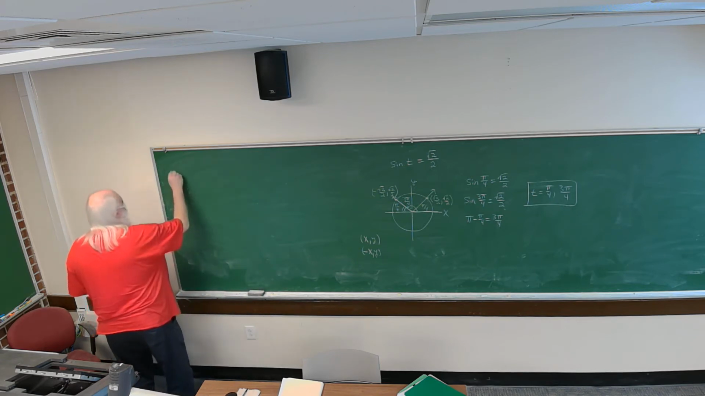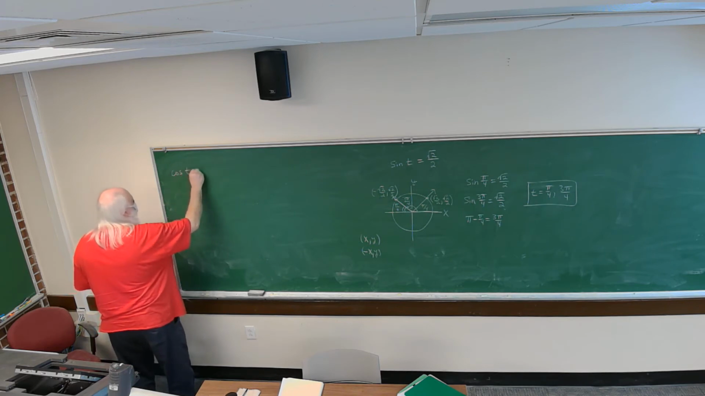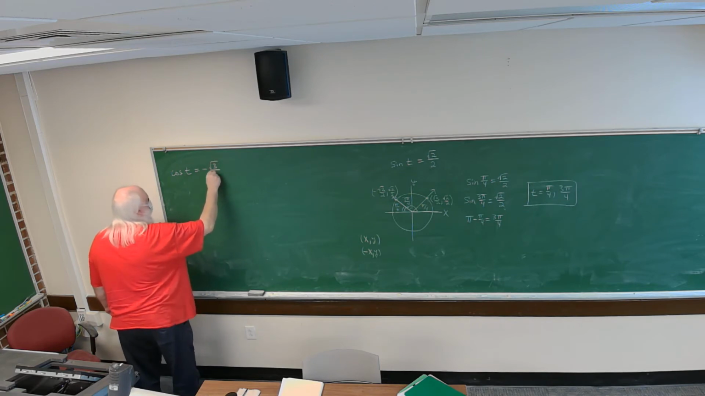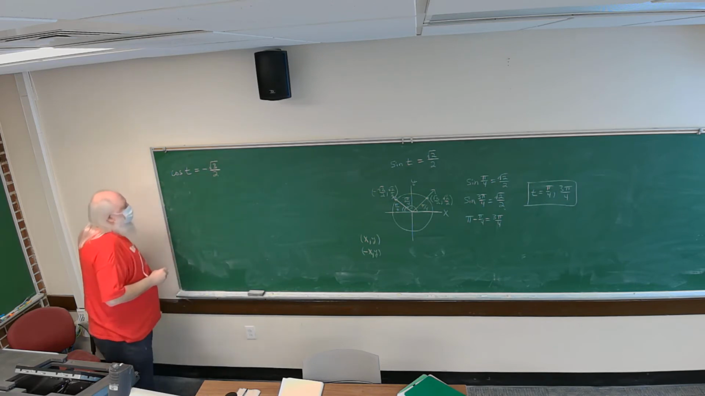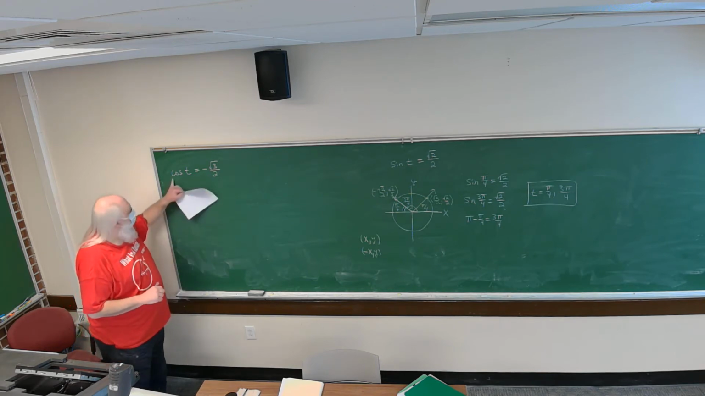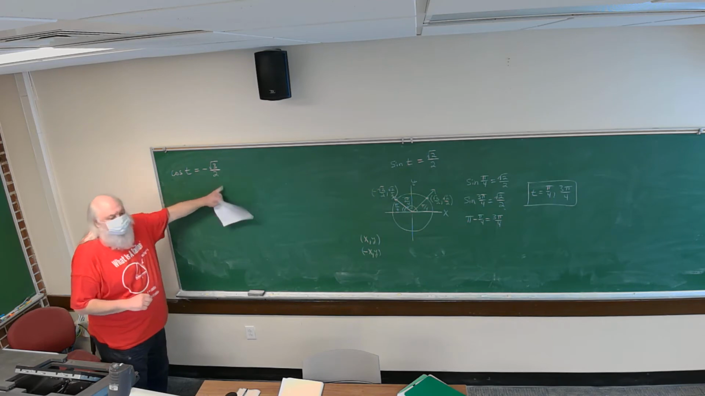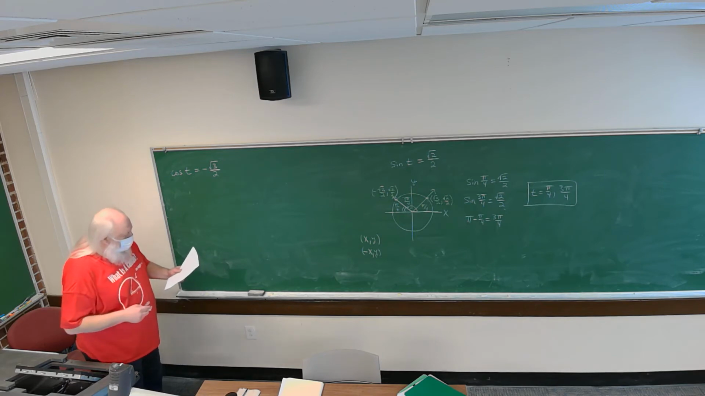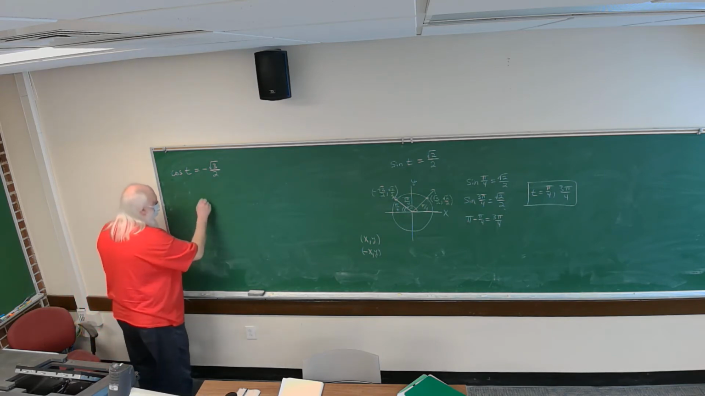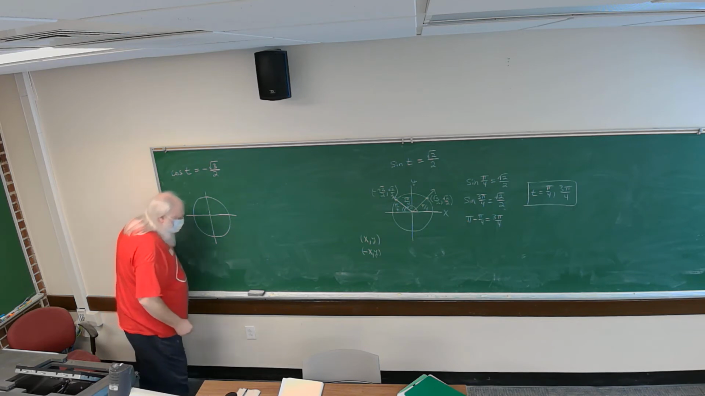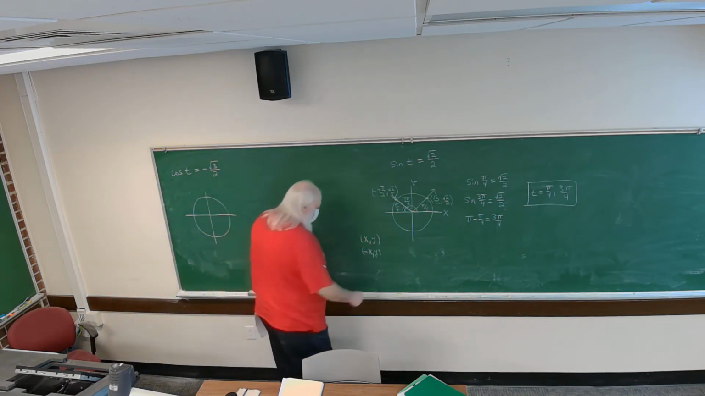We have the cosine of t is equal to minus the square root of 3 over 2. So there are two angles between 0 and 2 pi where the cosine of those angles is equal to minus square root of 3 over 2. Well, here's my unit circle. And what we know from the bottom of page 4